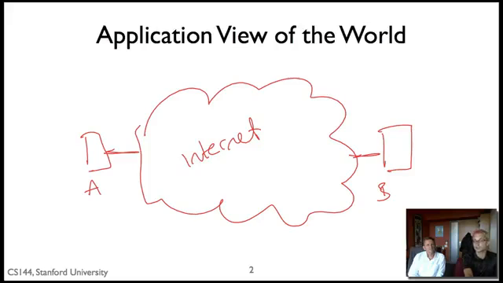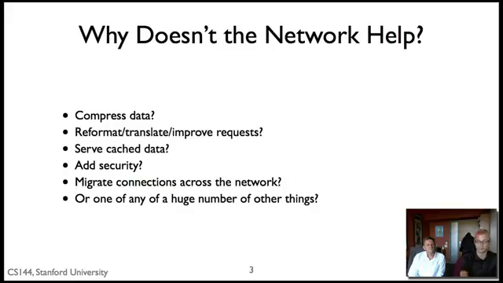And this is all the internet really does. It just forwards these packets along. And so you can ask the question, why doesn't the internet do more than that? Why doesn't the internet help these applications? They're just sending packets, but maybe it's a stupid application. Maybe it could do something much better, and the network could help it do something much better, such as the